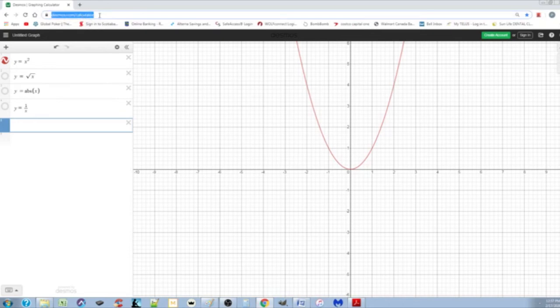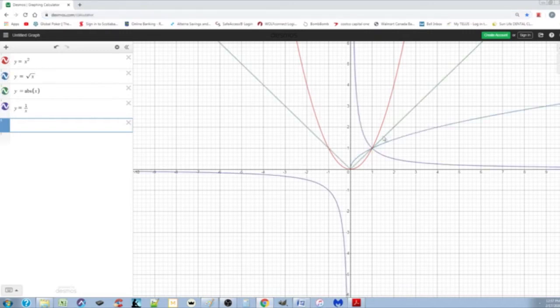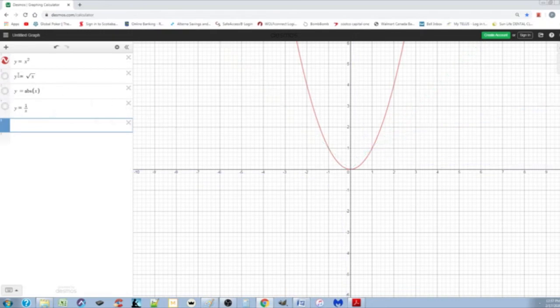It's a website that helps you easily translate all the parent functions. And you'll see here that I've put all the parent functions up already. Yuck. But we can look at them one at a time. Here's a parabola. And here's the parent, y is equal to the square root of x. And here's the absolute value, y is equal to the absolute value of x. And here's y is equal to 1 over x. And the beautiful thing about this